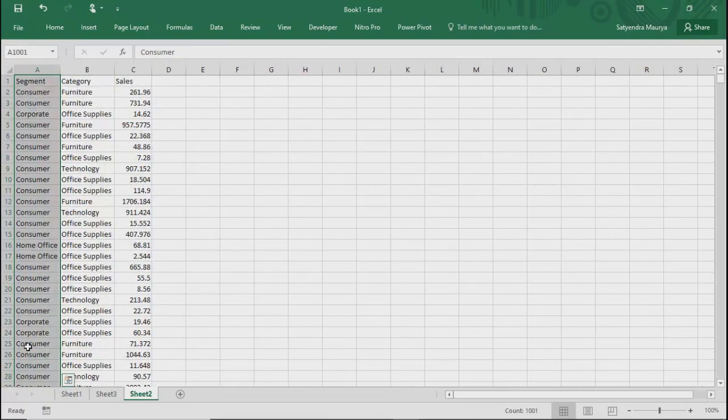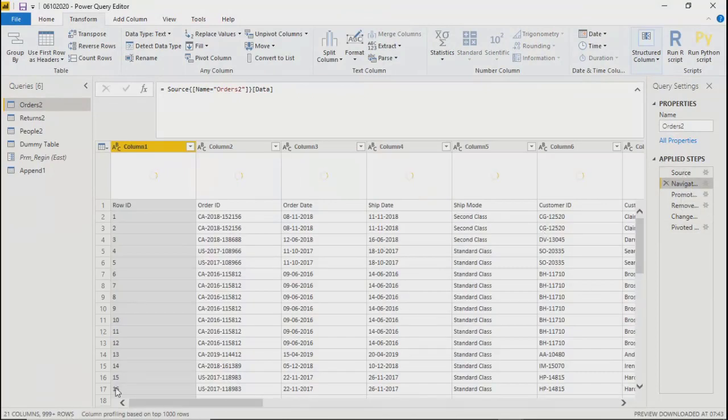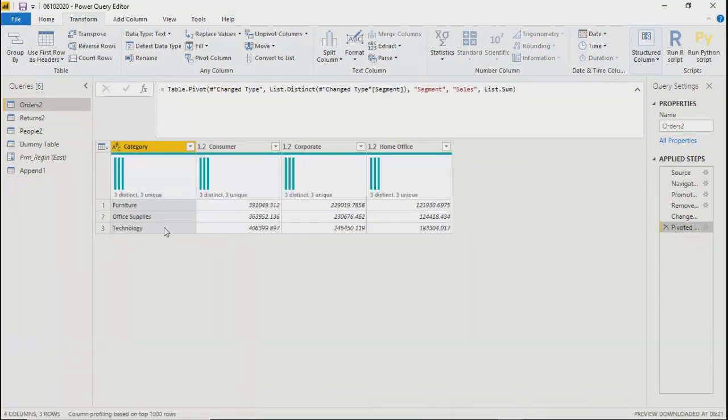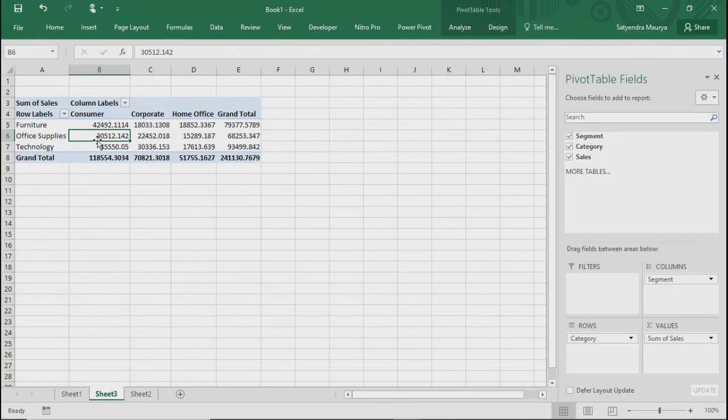Or did we select the whole data? Over here it has only 1001 rows, including your header, means 1000 rows only. And in this particular data, okay, it shows only top 1000 rows. That's why. In aggregation, it will utilize everything, but in preview, it shows only the top 1000 rows. That's why there is a difference in the data. Okay, fine. But you understood this logic, right? What I'm doing in the pivot? Okay, fair enough.